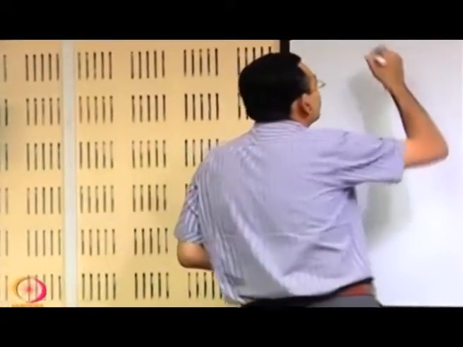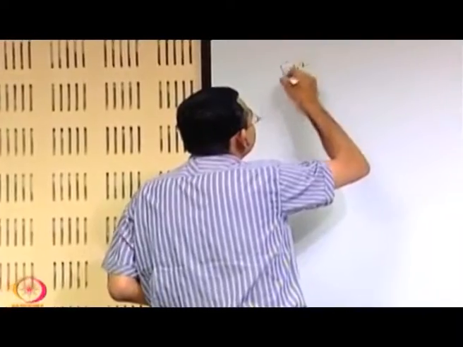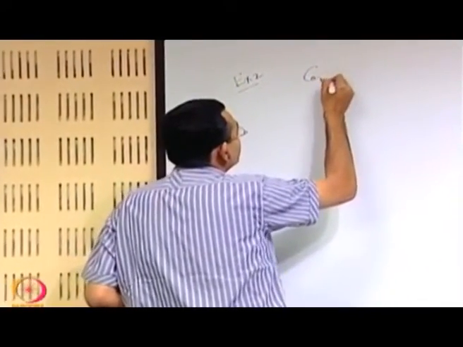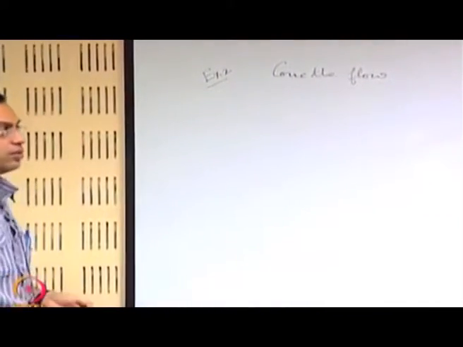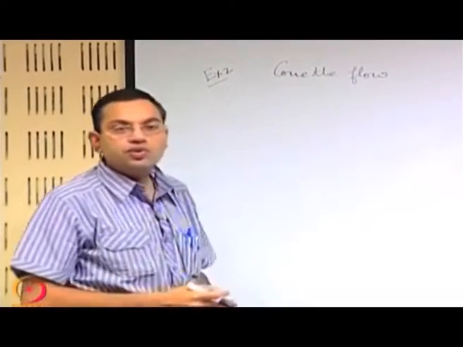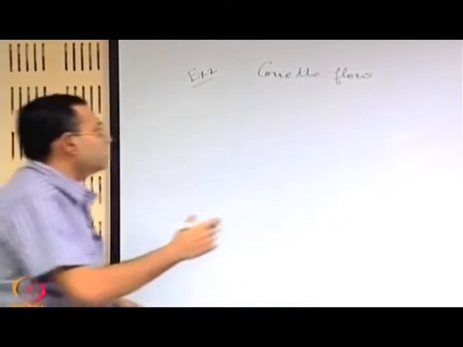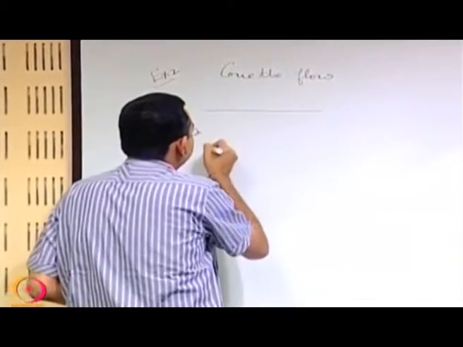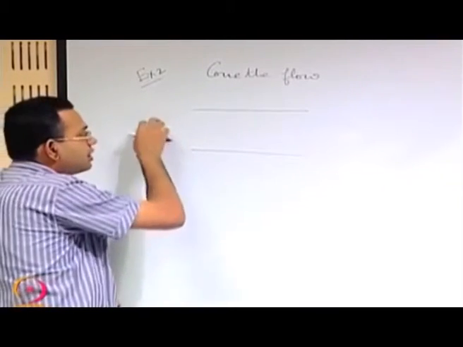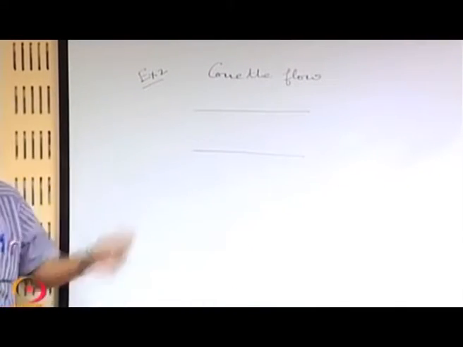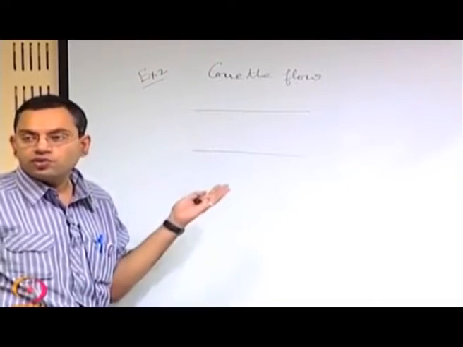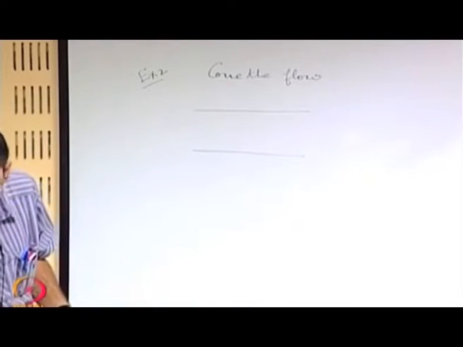We were discussing the exact solutions of the Navier-Stokes equation, and we will now consider a second example, known as Couette flow. What is the difference between this and the plain Poiseuille flow that we looked into in yesterday's class? If you have two plates which are parallel to each other, and a pressure gradient acting on the fluid, then the fully developed part of the flow that is created we call plain Poiseuille flow.